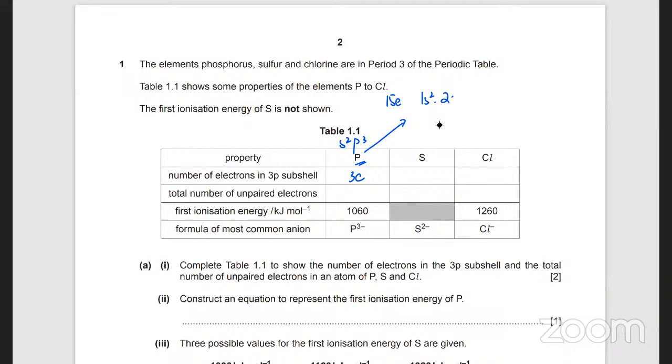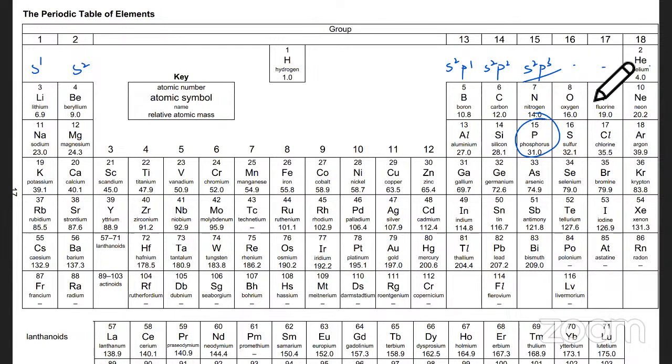It's 1s2, 2s2, 2p6, 3s2, and 3p3. 3p3, yeah. तो outer shell क्या है? That's s, 2 electrons in the s and 3 electrons in the p subshell, ठीक है। So this is just a shortcut of finding out what the outer shell looks like, ठीक है। Okay. This is s2p4, this is s2p5, और वो लास्ट जो s2p6 है, ठीक है।